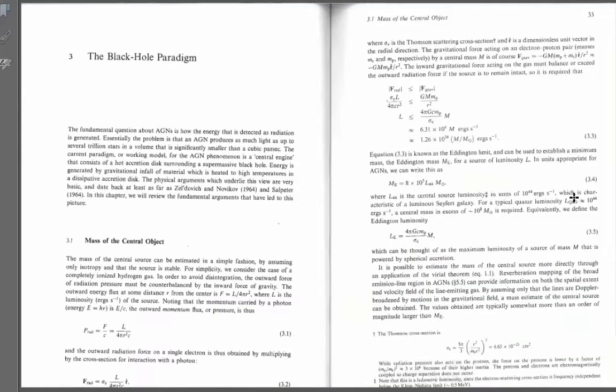So I've just got two equations here from chapter 3 of Brad Peterson's book on AGN, the so-called Eddington limit, the limiting luminosity above which the outer layers, assuming they're made of hydrogen or anything, basically they're made of atoms, the outer layers of the object producing the luminosity would be blown off and explode, and the object would go away. By what force? Radiation force on the individual atoms would become, at the Eddington limit, equal to or greater than the force of gravity holding the entire object together.